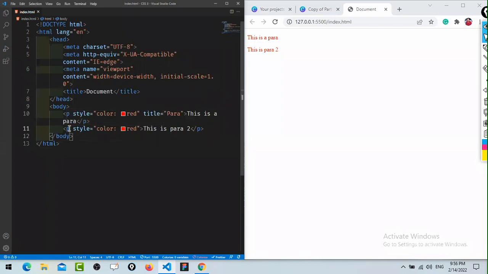So you can see here, this is the inline style. So why have they actually given it if it is not good? In case you are going to develop any email template,